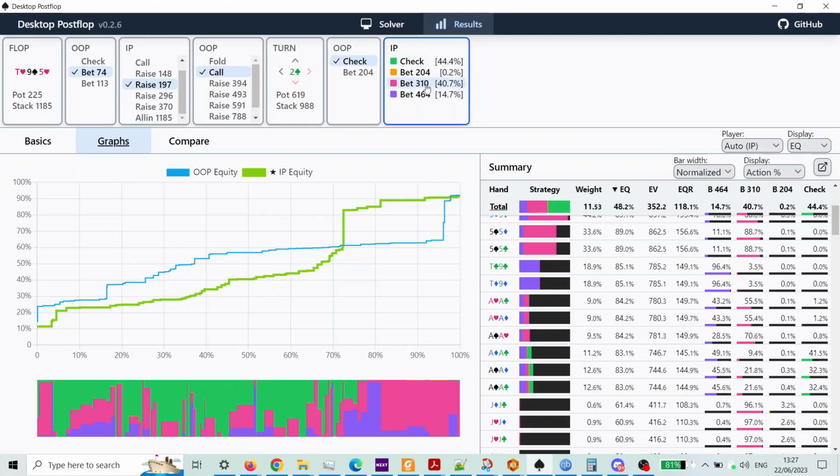It chose to bet bigger, 310 or 464, which makes sense. I would imagine it makes sense because we want to get money in and price his draws. Now this would have been very interesting if you put 5 or 6 or 7 sizings here and see where the bell curve of Solver's preferred betting would be. But we gave it 3 sizings in check, and it liked the bigger